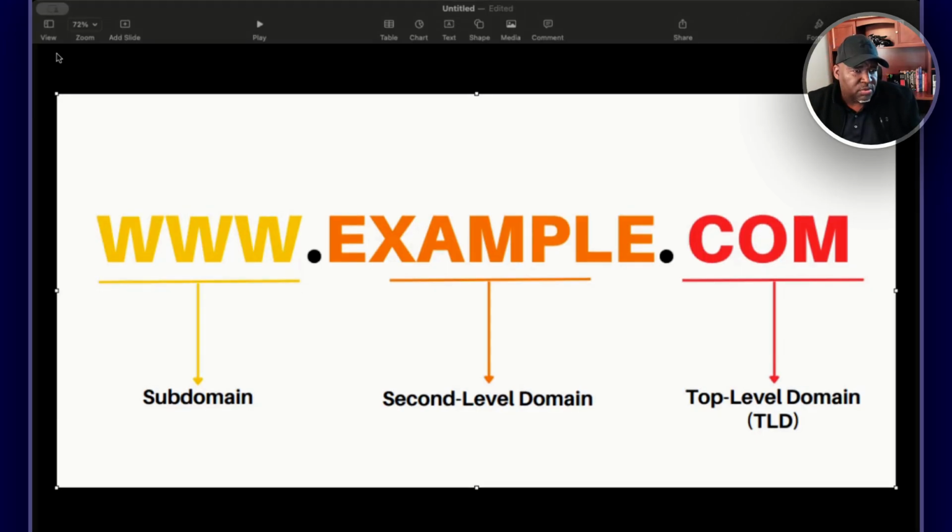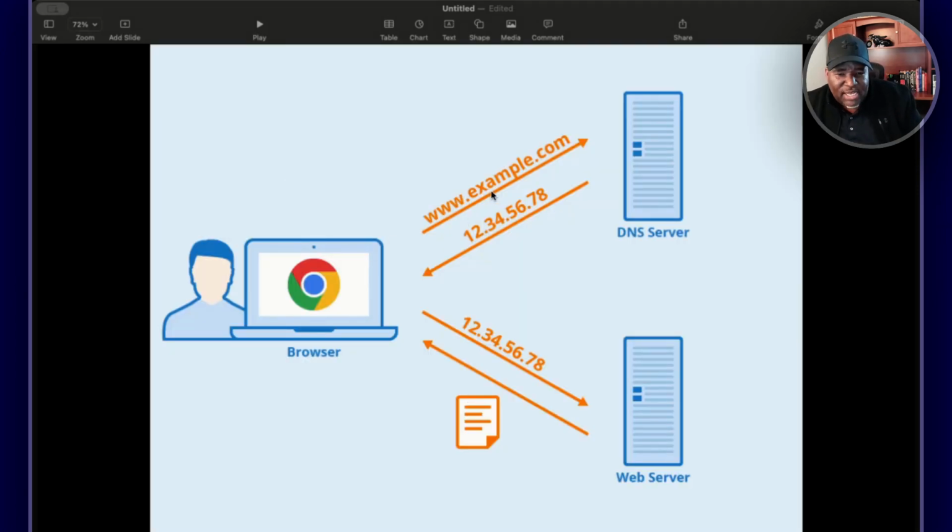And we will just jump over to it and close it back up like this. All right, so this is how it works in the real world. When you pull up a website in your browser, so when you put in example.com, it's going to go to a DNS server, a domain name system server, which is basically a phone book. It's going to find the IP address, bring it back to your browser, and your browser is going to say what's on this IP address, and then it shows you what's there. This all happens in less than a second anytime you put in a domain address. So that is how this works in the real world.